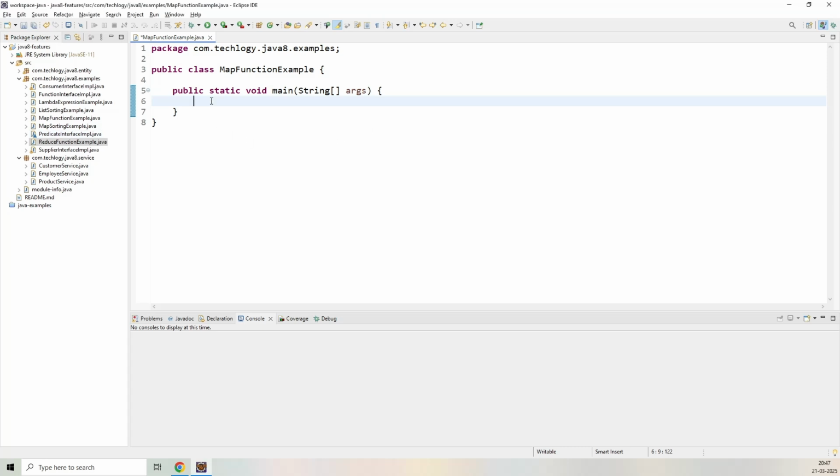Hello, dear friends. So, in today's session, we will try to understand the different uses of the map function of